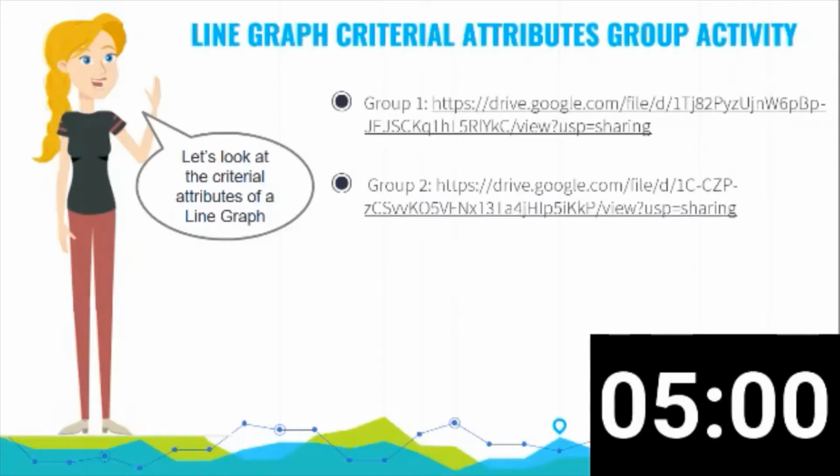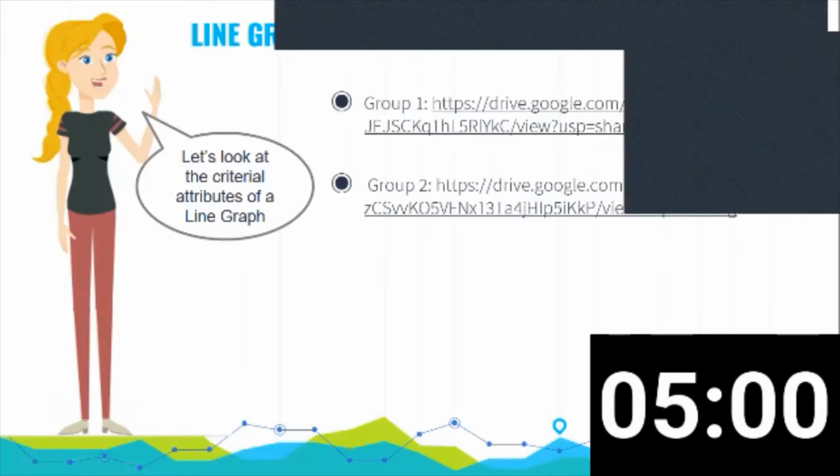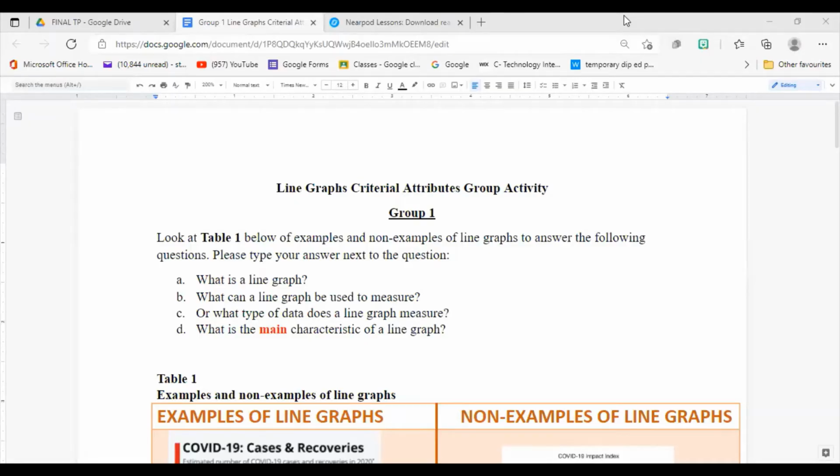All right, so you've been divided into your groups already, and we will just use this link. I'll share it on the chat. All right. So, here are the instructions for today. These are some guiding questions to help you figure out the criteria attributes and then the definition of a line graph, okay? So first we have table 1 here,